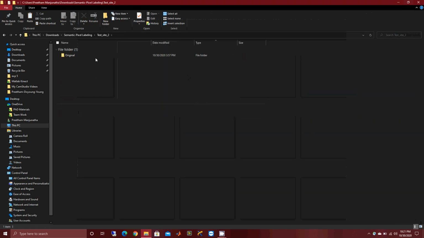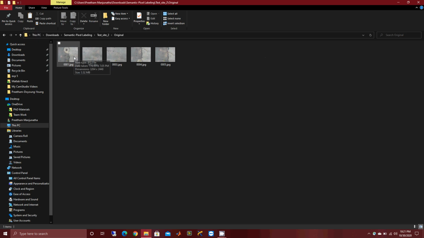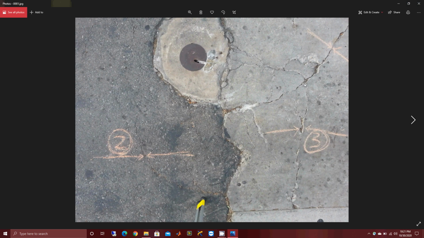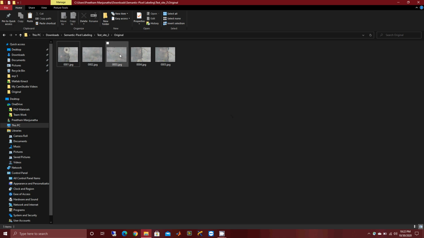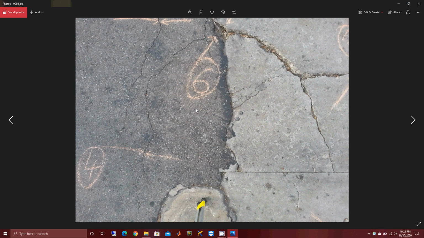If we go to test set 2, these regions are all cracks. This is not a crack actually, and this is a crack here, and this line is not a crack. Only these regions are cracks. To give a few more examples, similarly it follows the same argument. These regions are all cracks, and this is a crack, and this is also a crack here. Okay,